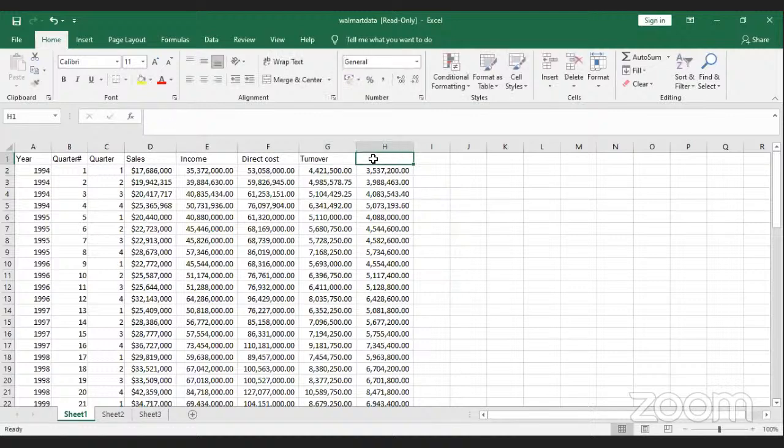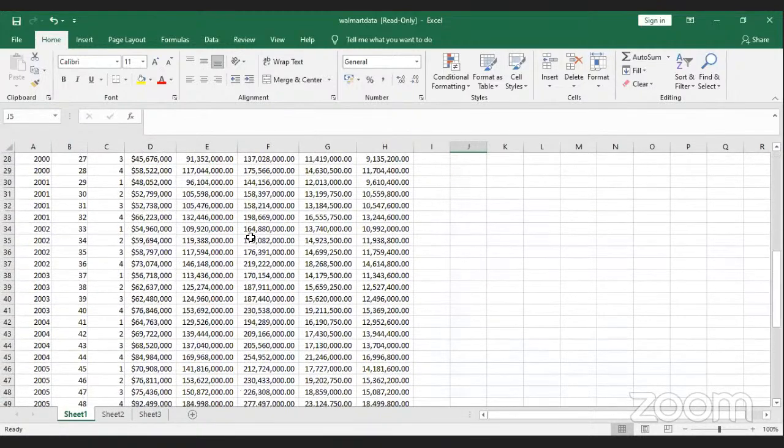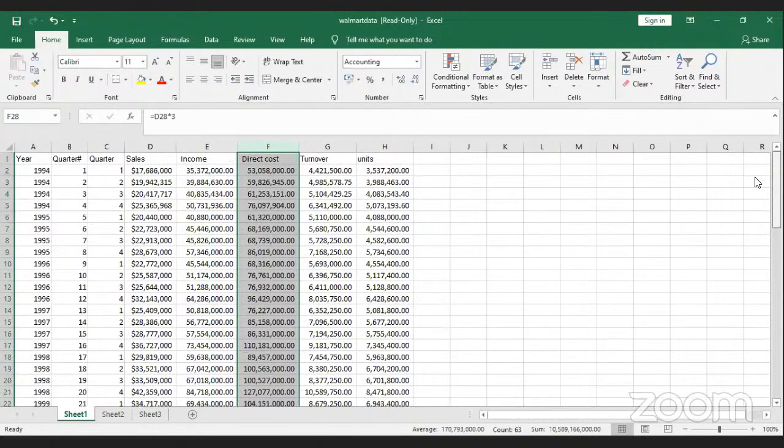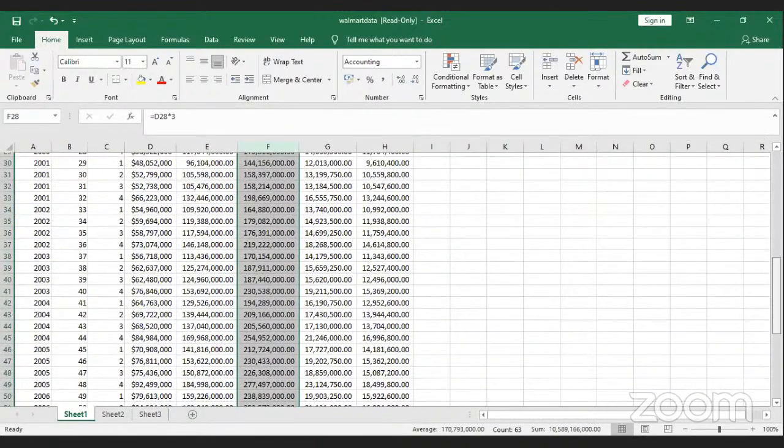And then this would be units, just for example. Now I want to see my last sheet, but then I can't remember if this line is for sales or this line is for turnover. Everything, I have to come back up again to be checking. Okay, this is direct costs. So the best thing to do is